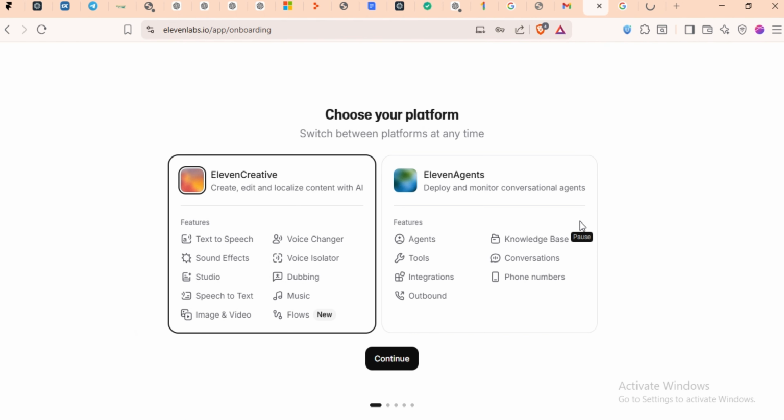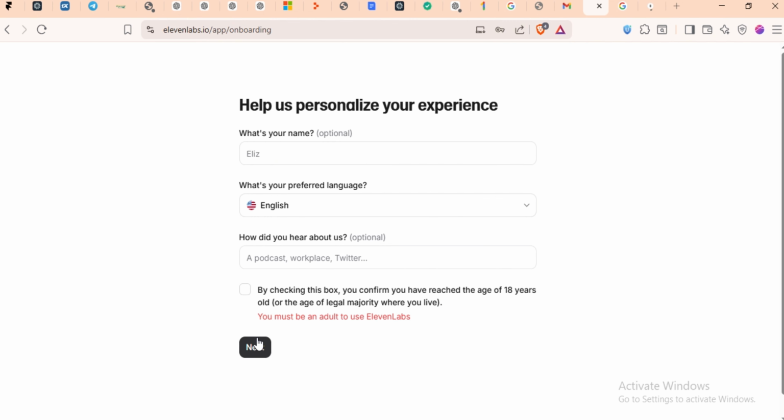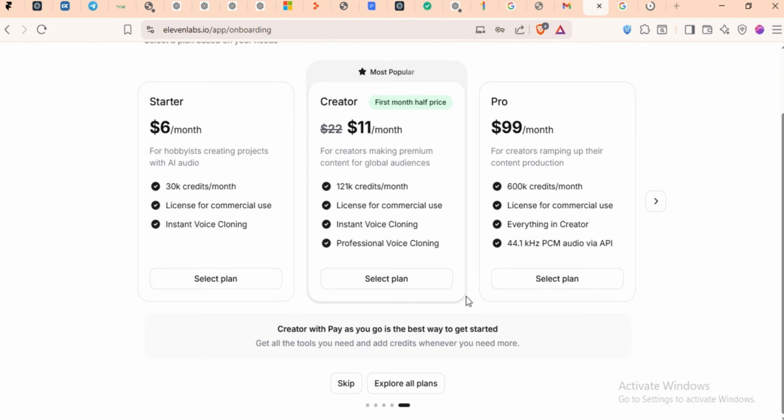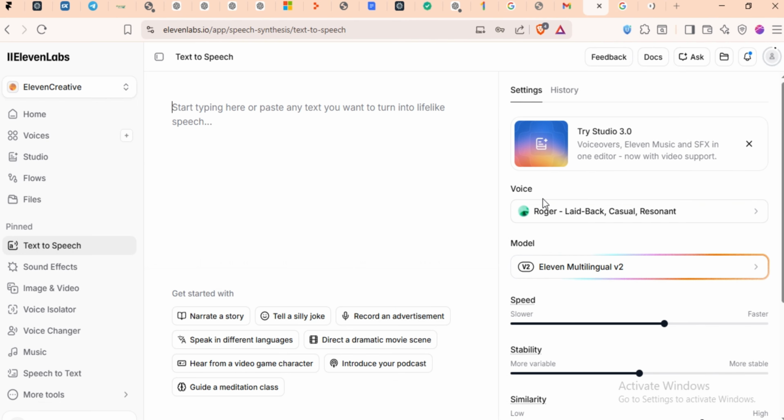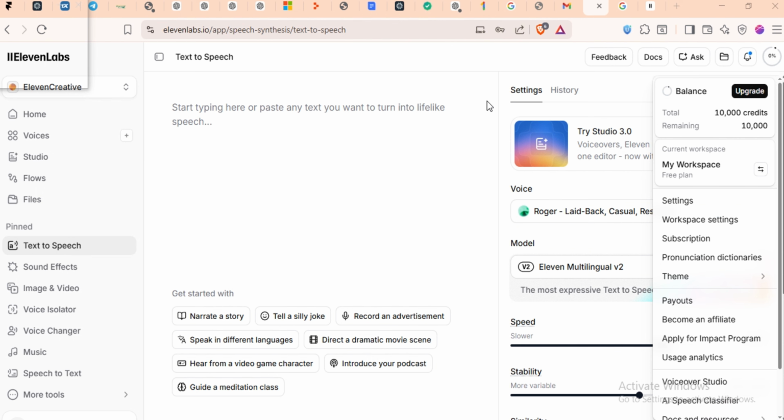Okay, on the screen you can see the account has been logged in, and after that I need to enter the details, like any random name, and we just need to skip the options. You can see there I just skipped all these options. So now you can see the main page has been opened, and you can see there is the